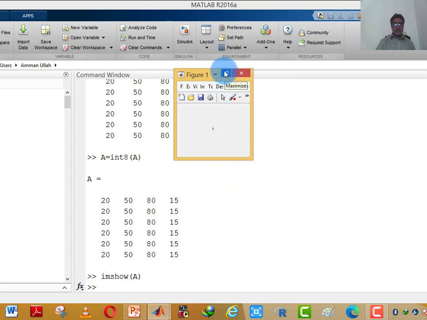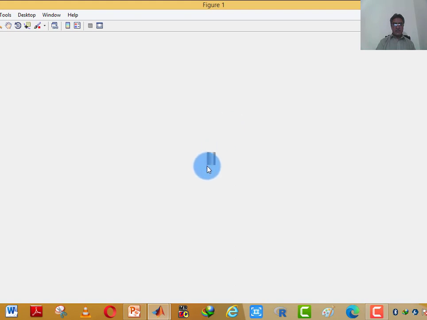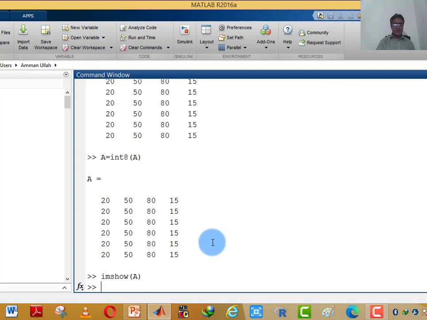You may see, when I maximize it, this is the image of those gray values which I have assigned to a variable or a matrix. Here this is figure 1, and you have seen the image of these gray values where there are 6 rows and 4 columns.